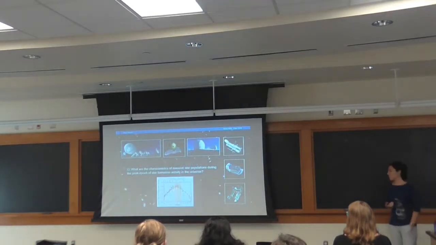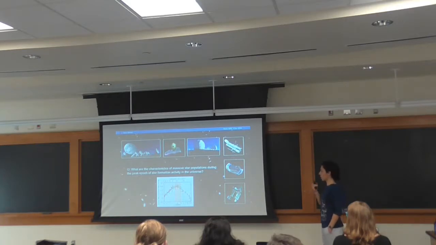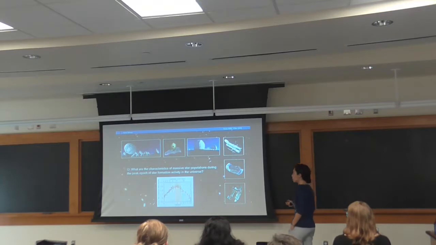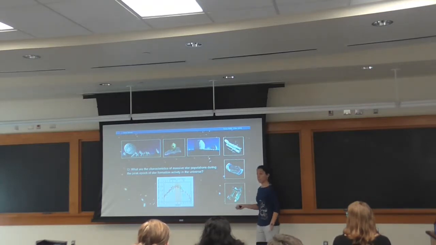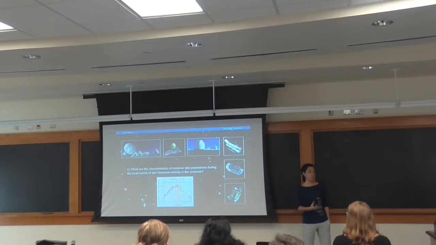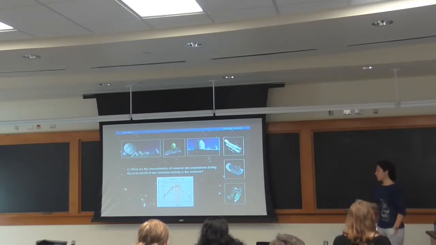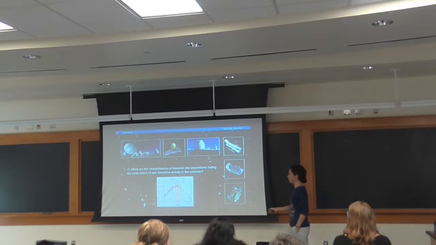So one main question that I want to address in this talk is, what are the characteristics of these massive star populations during the peak epoch of the star formation activity in the universe? These galaxies are very star-forming, and I said that the light is dominated by the light from the massive stars. So we need to understand the characteristics of massive stars in order to better understand the galaxy formation and evolution